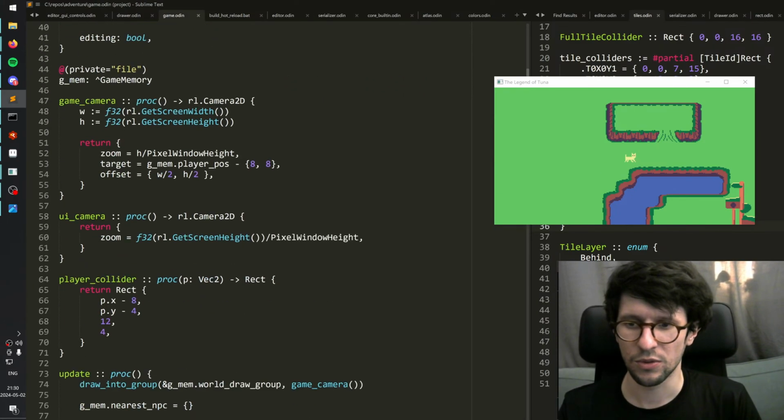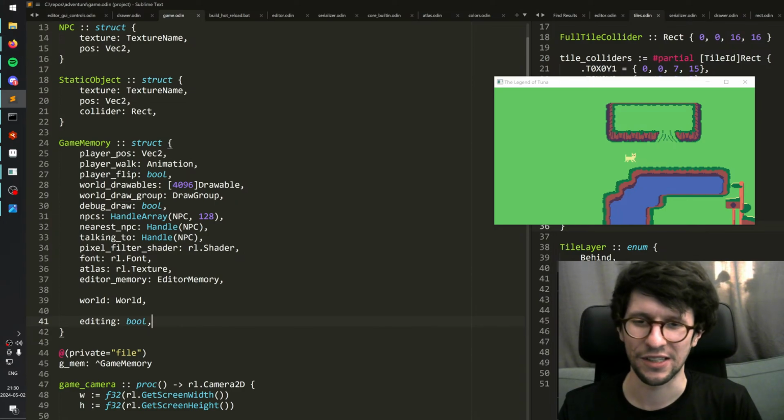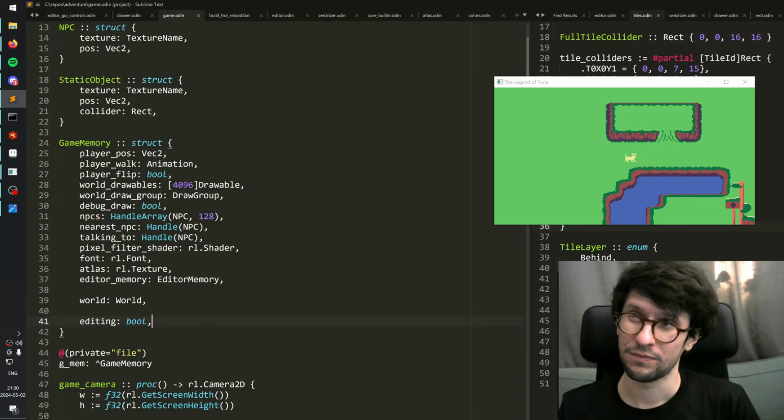Let's do the easy simple way first, which is, well, maybe not simpler, but we just look in a directory of the exe, because my exe currently sits in the same folder as the Odin files, which is a bit of a hack, but